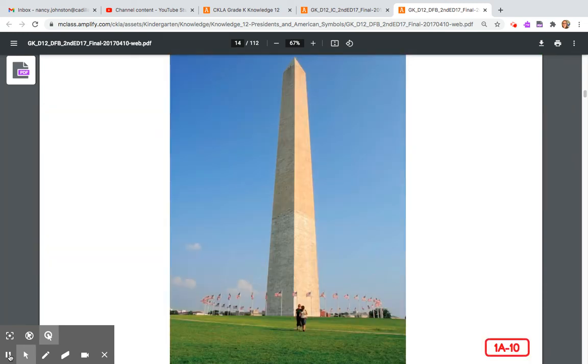The Washington Monument is one of many people's favorite monuments to visit in Washington, D.C. It is the world's tallest stone building.